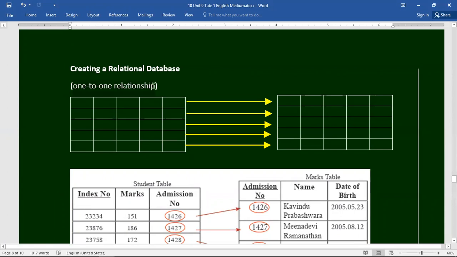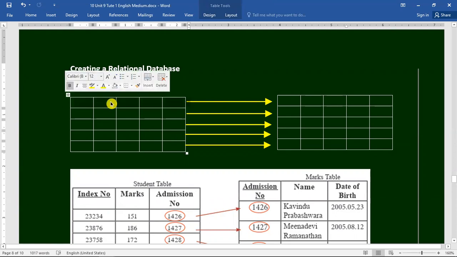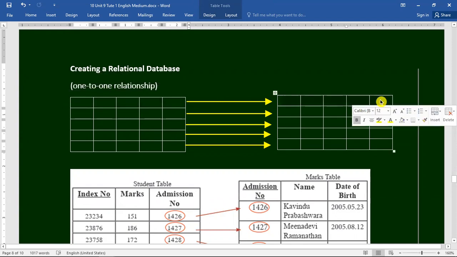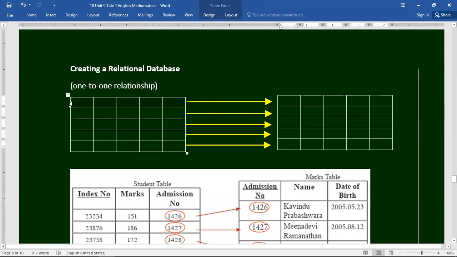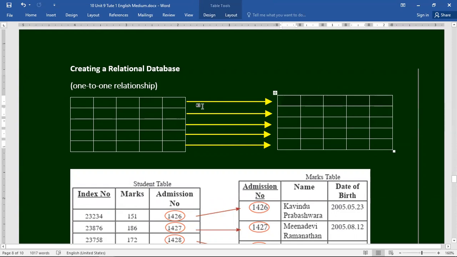One is the one-to-one relationship, the second is the one-to-many relationship, and the third is the many-to-many relationship. If a single row or record of a table is connected directly to a single row of another table, it is called one-to-one. One record of a table to one record of another table is called a one-to-one relationship.